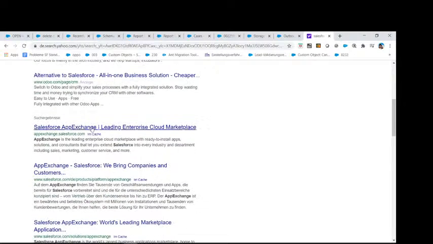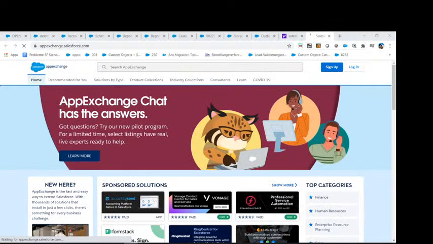As you can see here, this is gonna be the app exchange, and we should go for this as well. Yeah. Like this, hit save. In my opinion, this is also a good source to go.